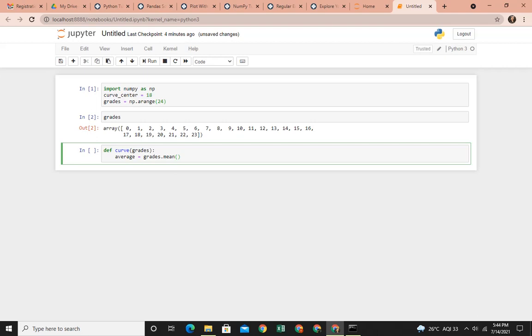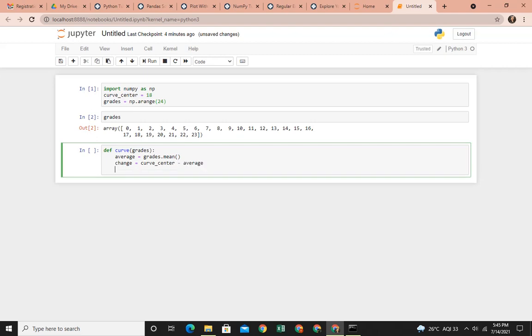So grades.mean(). Say curve_center minus average, and new_grades.